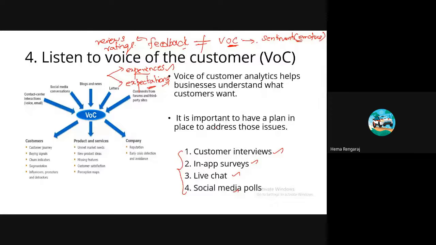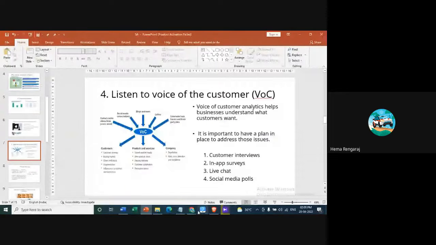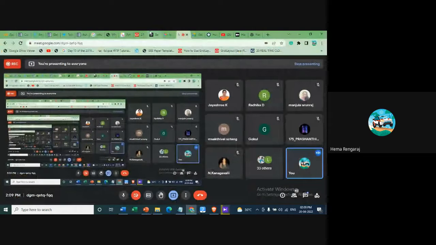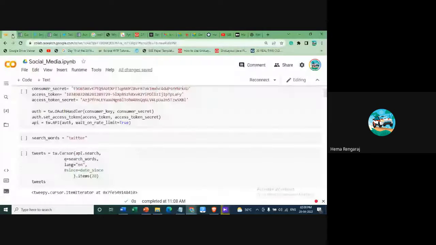Right. So we'll end the session and see a small demo of doing sentimental analysis using TextBlob. Actually, I have some code here.